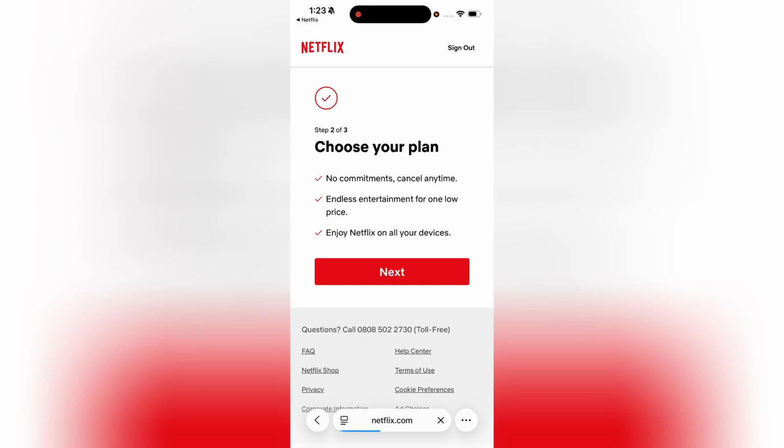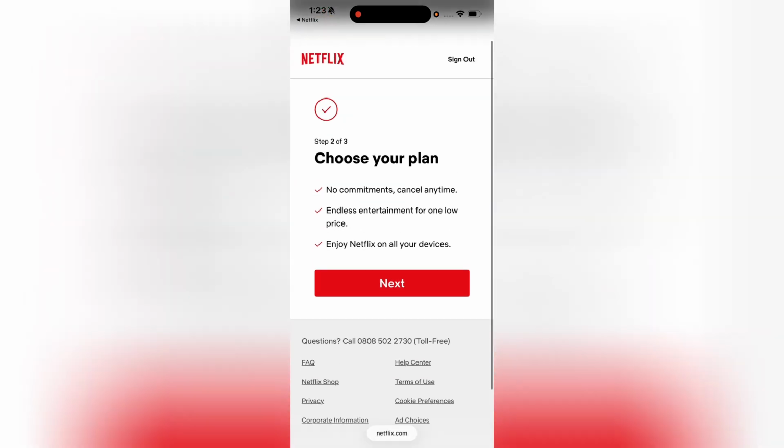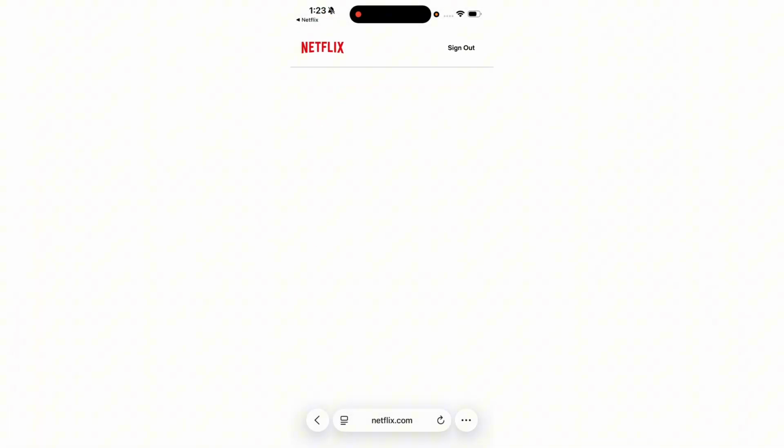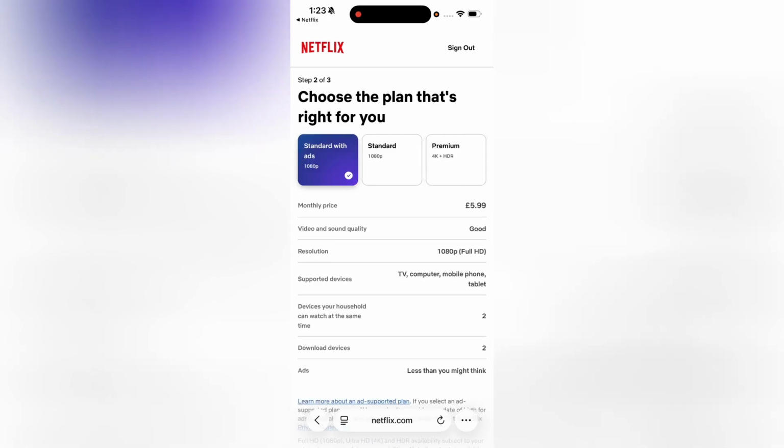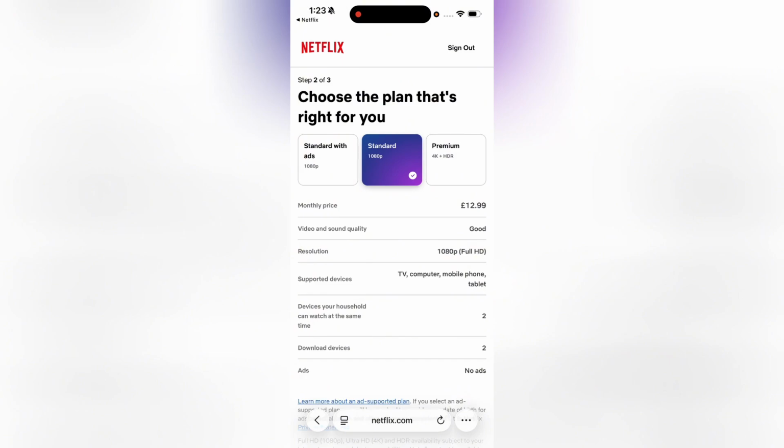So here you will just have to choose your plan. No commitments, cancel anytime, endless entertainment for one low price, enjoy Netflix on all your devices. So you will just have to tap next, and right over here you will just have to choose a plan that's right for you. So number one is standard with ads, 180 pixels, and the second one is standard, which is basic, and this is